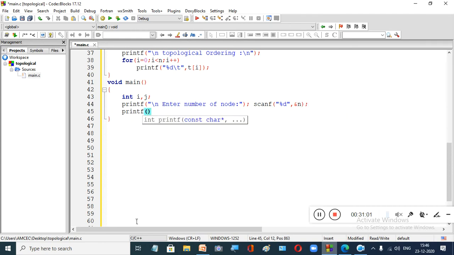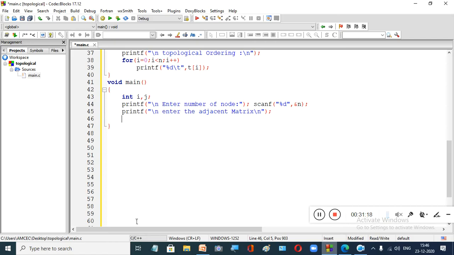Now you are going to accept, or enter, the adjacency matrix.